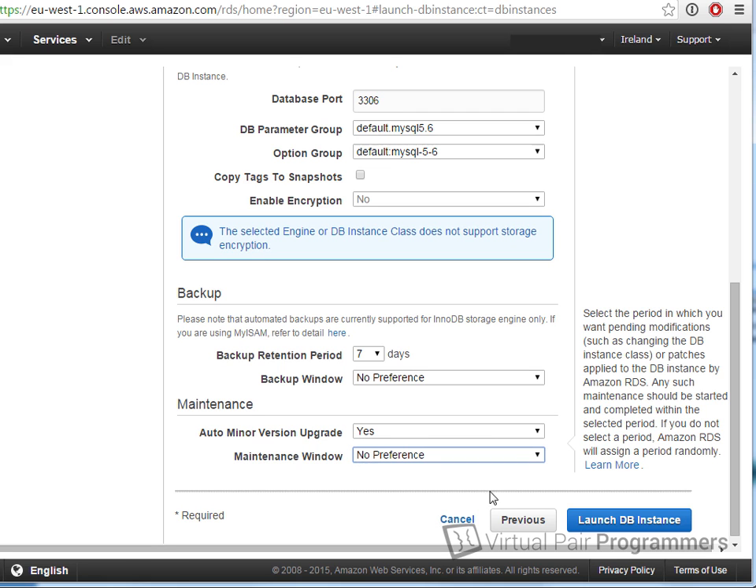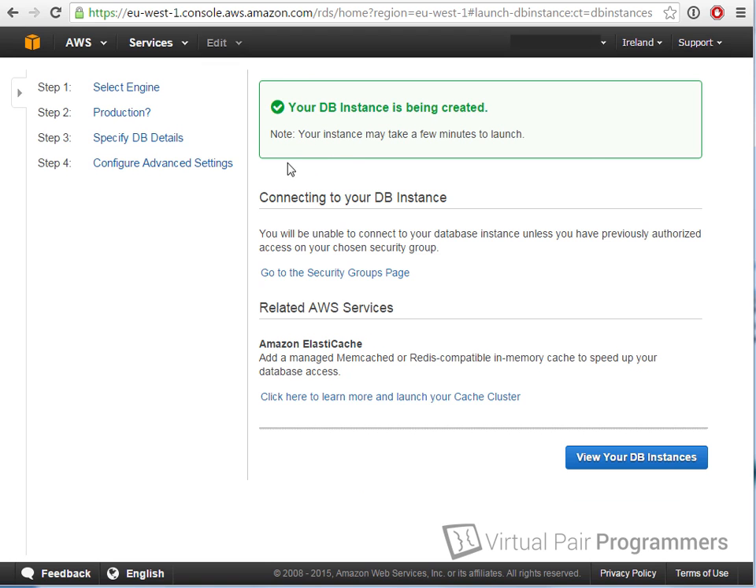I'll leave that on the defaults. That's all there is to it. We can now launch the instance. So we have a message saying it's been created. It will take a few moments to launch, but we can already go to the View Your Instances, and it's